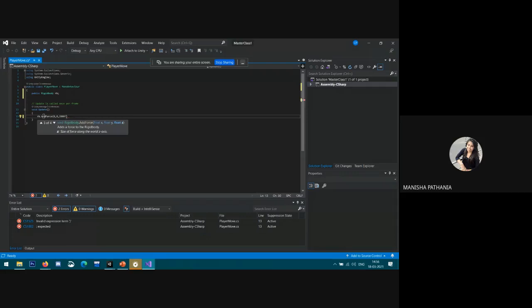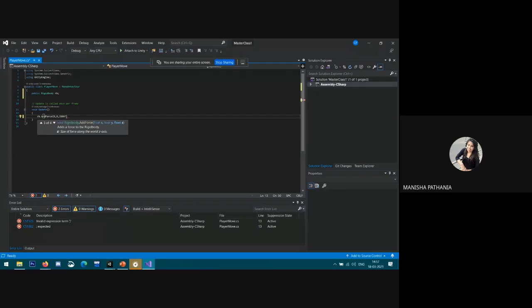So if the update is running 10 times per frame, for example, then this value is going to be 0.1. And suppose if it's running 20 times a second, then this value is going to be 0.5. So the higher the frame rate, the lower the value is going to get. That is what you would get if you were running on a good computer.